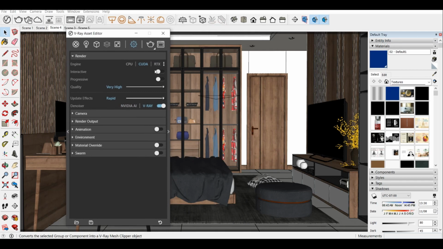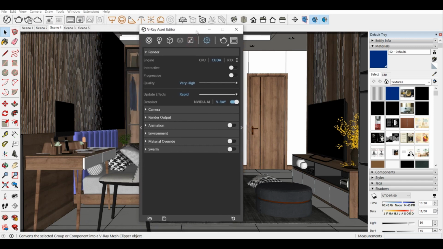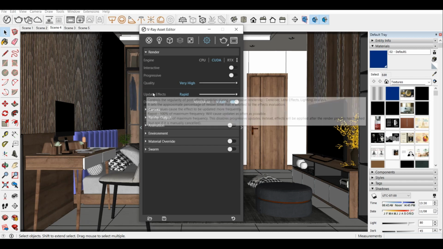Shall I tell you some of the things which I have rendered before? Right now this is our render settings. It totally depends on you what type of render engine you want to choose, CPU or CUDA, which is the GPU, and RTX, which is the NVIDIA render. The interactive render I have shown you in the earlier getting started videos. Whenever you plug it in, it will instantly render the image out there. And update effects are